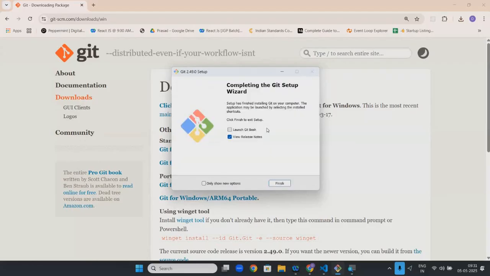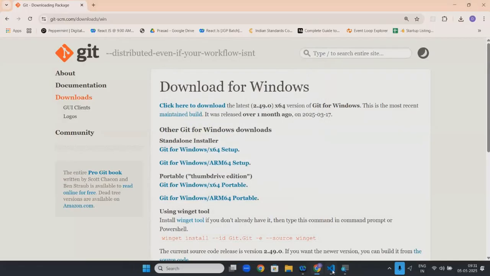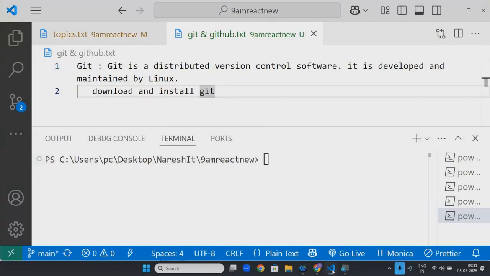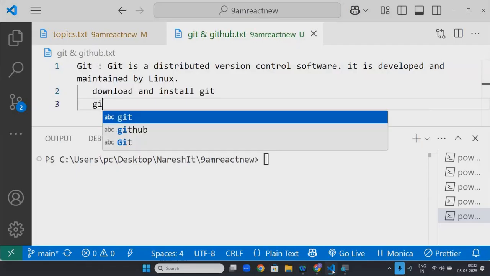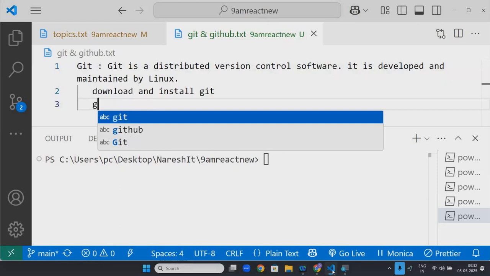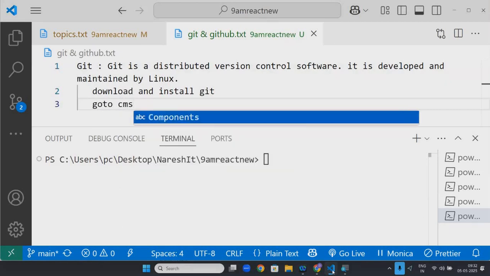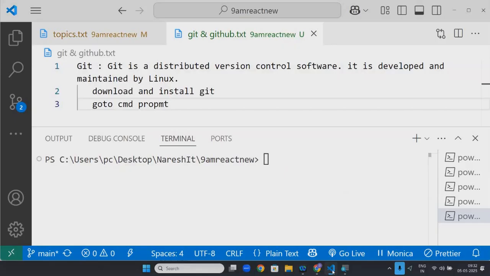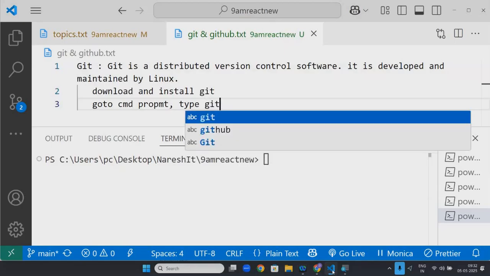Now, once you download and install, just type it in the command. Just go to the command prompt. Go to command prompt. Type git space dash v.